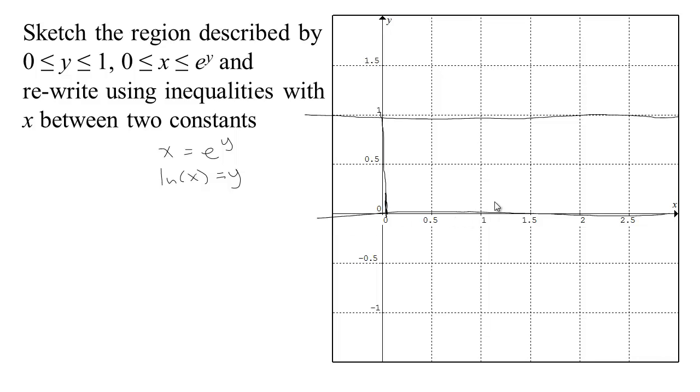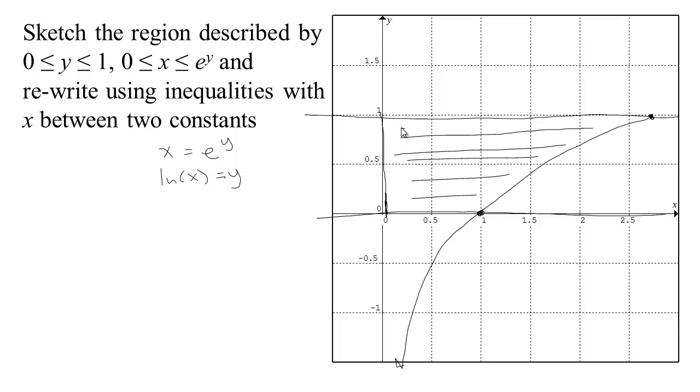Let's see. The natural log of 1 is 0, and the natural log of e is 1. e is about 2.7-ish, so there's a point there. So we know the graph of the natural log is going to do something like this with a vertical asymptote at 0. But the region we have has to be within this horizontal band, because y is between 0 and 1, and the x values are all between 0 and when they hit this curve, which is e to the y, or